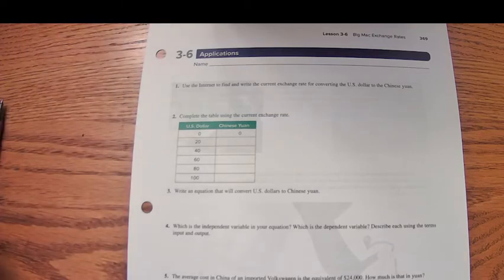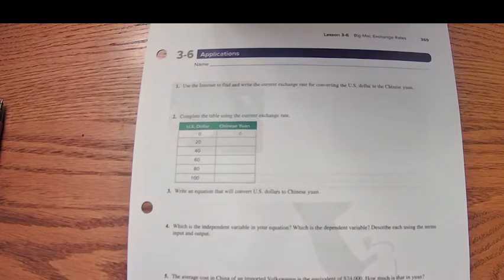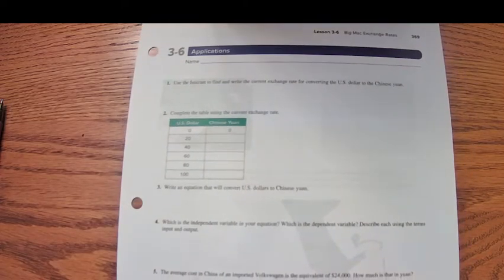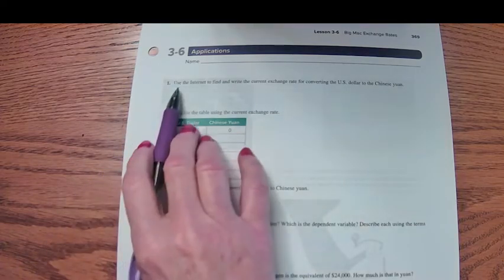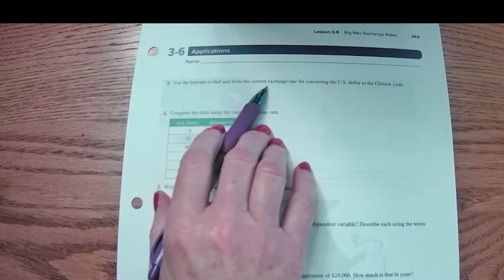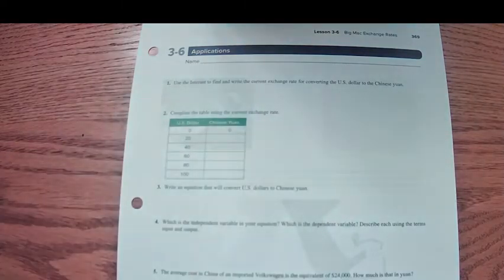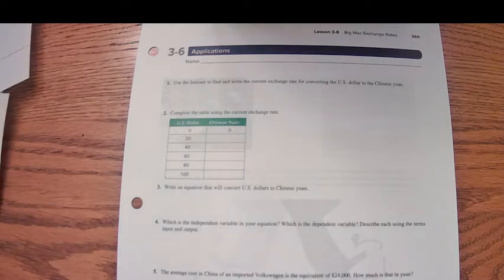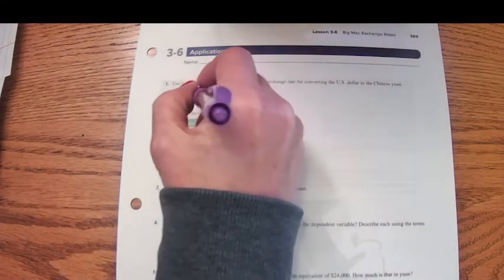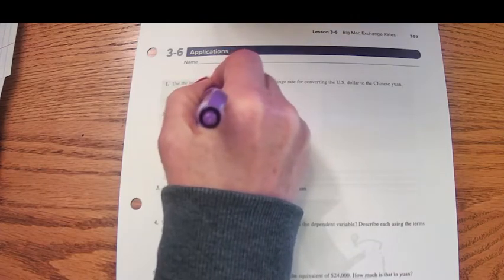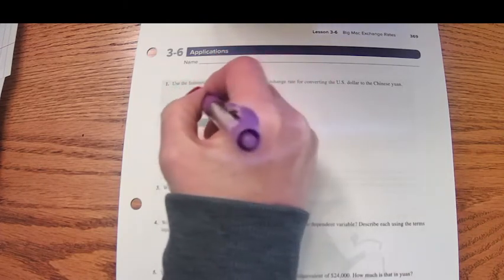In section 3.6, we're going to learn about exchange rates and proportions. Let's just get started. We use the internet to find the current exchange rate for converting US dollars into the Chinese yuan. I checked the exchange rate, and 1 US dollar is equal to